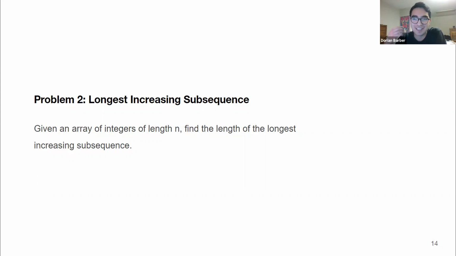So any clarification questions about this problem? If two numbers are the same, is that increasing? Yeah, that's a good question. So we're going to say that the subsequence has to be strictly increasing. Yeah, and maybe another more general question you might have is, what is a subsequence of an array? And so we'll answer that